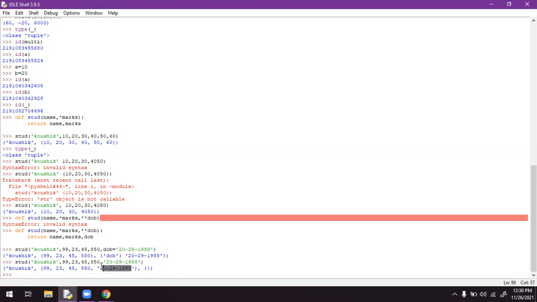But this is the date of birth now. So in order to mention the date of birth, you have to specify the third variable name, the third input name, or else you will get an empty bracket here. Like that you can mention any type of function, any type of inputs using this concept.